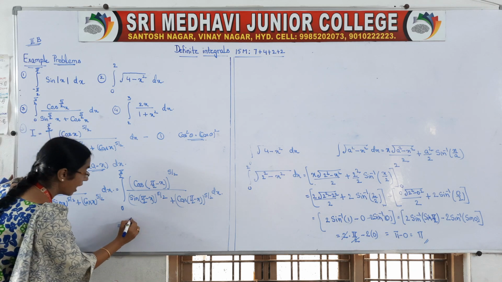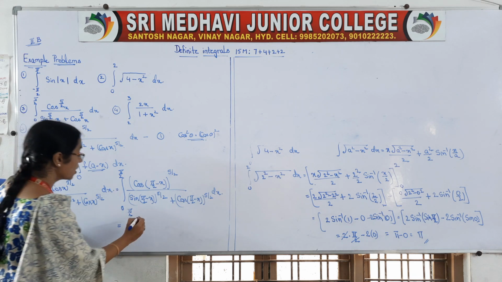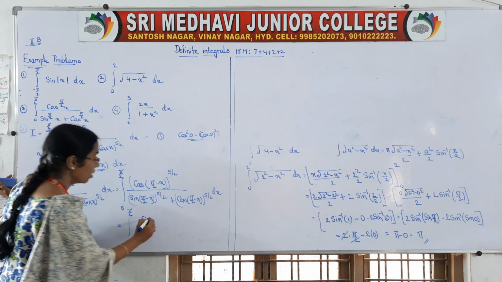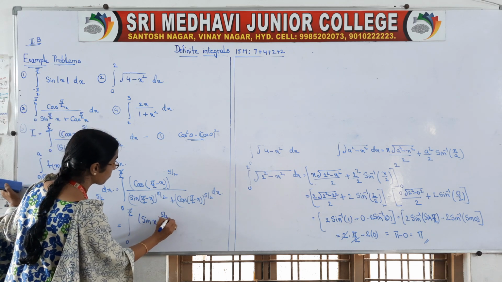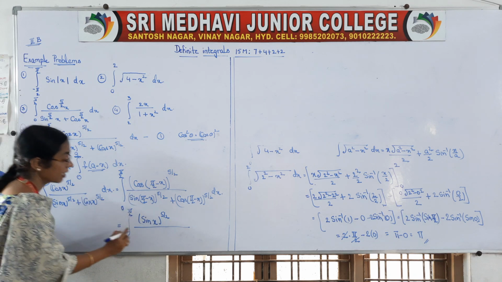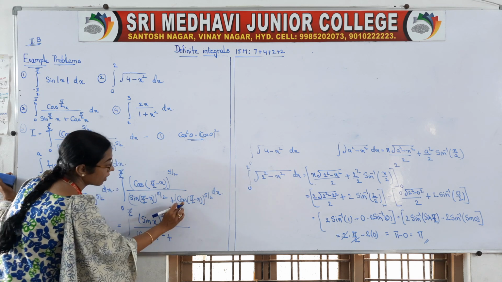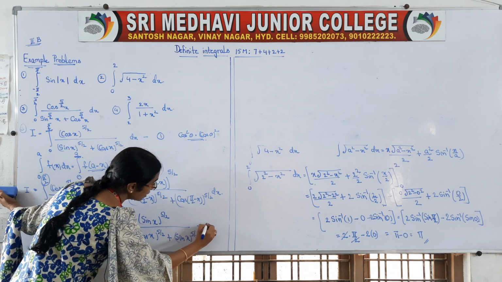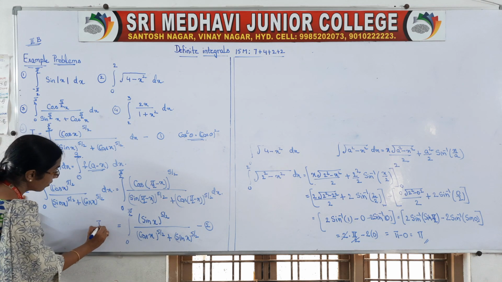So your value will be integral 0 to pi by 2. Cos changes to sine. All are positive, so no change in the sign, sign means plus or minus. So this is sin x to the power of 5 by 2 by cos x to the power of 5 by 2 plus sin x to the power of 5 by 2, where cos changes to sine and sine changes to cos. You consider this as your second equation. So we got I is equal to, isn't it? We have taken I.